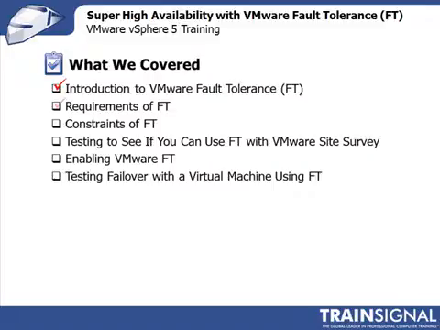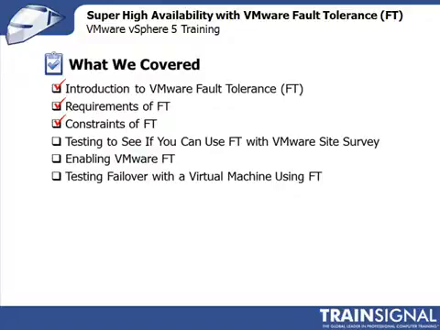The cool thing about VMware Fault Tolerance is it works with just about any operating system and just about any application. But because of how it works, it has some very specific requirements, mainly revolving around your CPUs, and it also has some very specific constraints. Things like you can have no more than one vCPU, you can't have any connected CD/DVD drives or client devices, you can't be running logging on the virtual machine. Of course, the virtual machine has to be stored on shared storage. Snapshots of virtual machines aren't allowed, and you can't do a storage vMotion on a virtual machine once fault tolerance